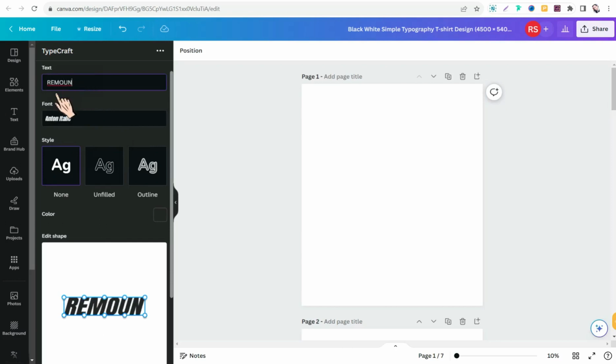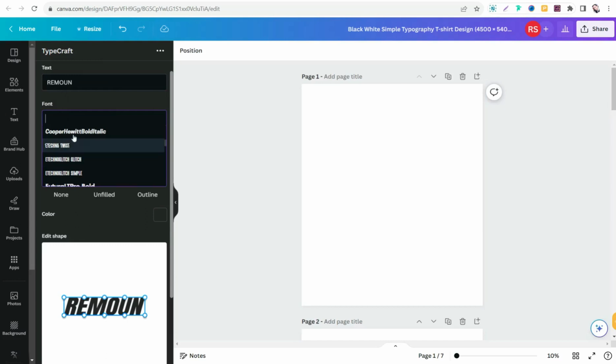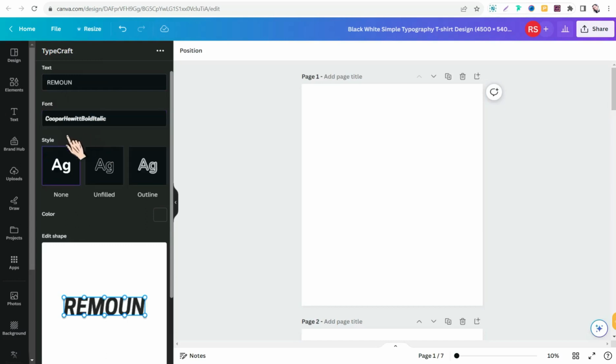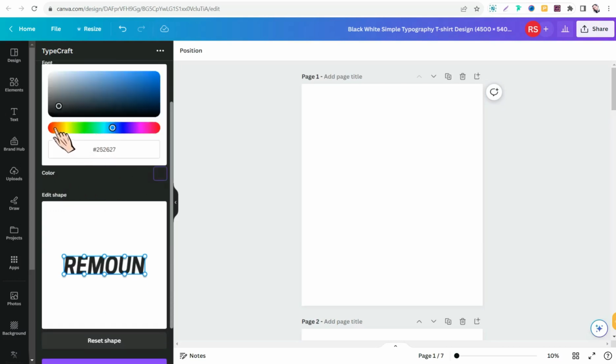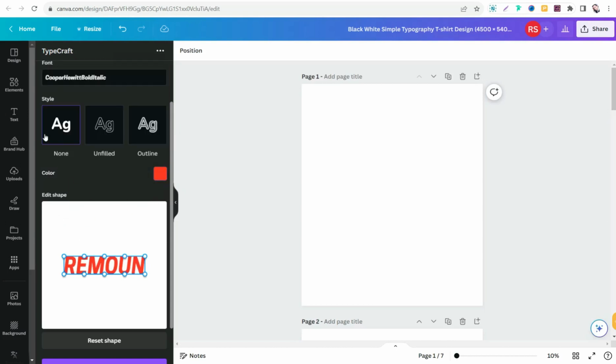Okay, and you can select your font from a bunch of beautiful fonts. So we can select together this one, for example. Select your style, like outline or something. We can select this default selection. You can select your color to make it black or red or something as you want from these beautiful palettes. Perfect. And here you can find in this Typecraft application different points surrounding your text, where we can use them